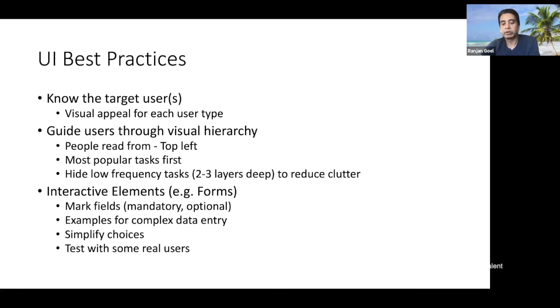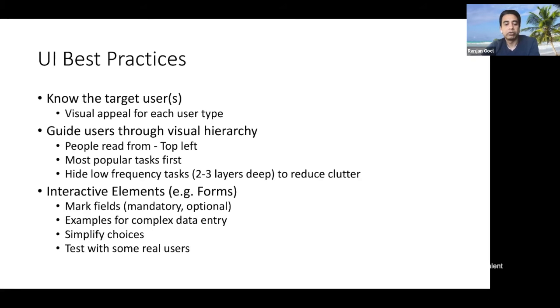Before you publish the site, you may have your own perception of what the most popular task is going to be. But as I just said, you need to use Google Analytics and other analytics on the website to monitor on an ongoing basis what the popular tasks are, and promote those tasks higher in the visual hierarchy of your website.